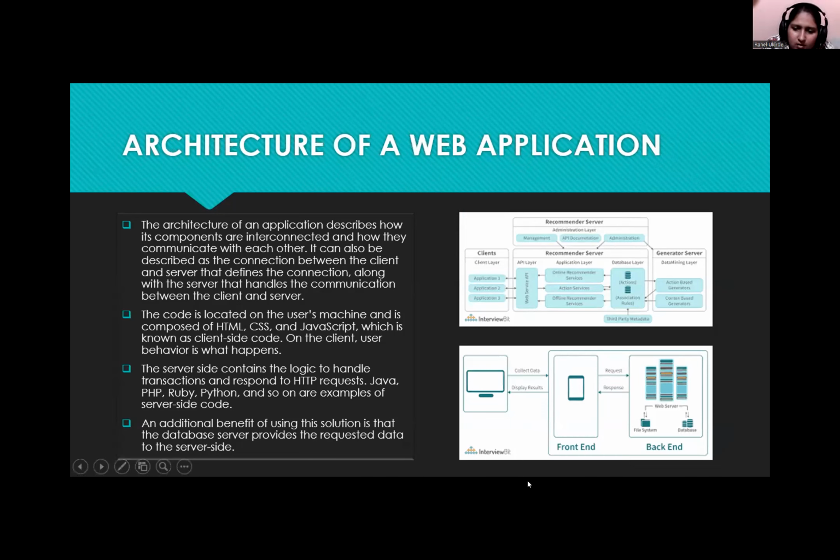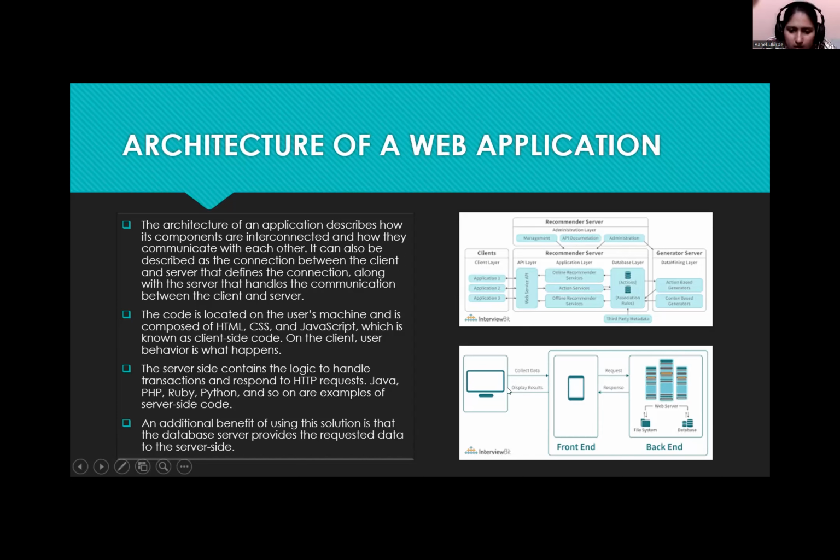Here is the computer screen, here is the front end part, and here is the server. Whatever request is sent from the user goes to the server, and the server computes all the requirements and sends the response to the user,